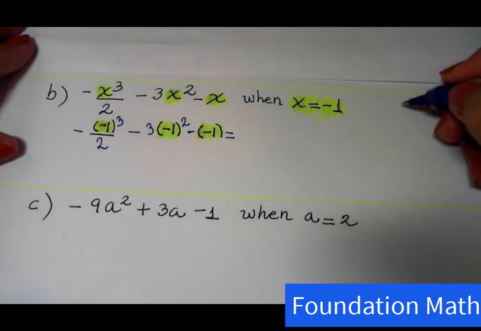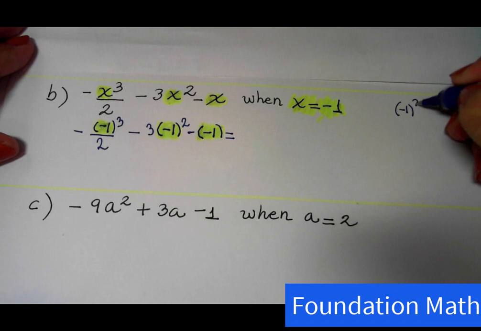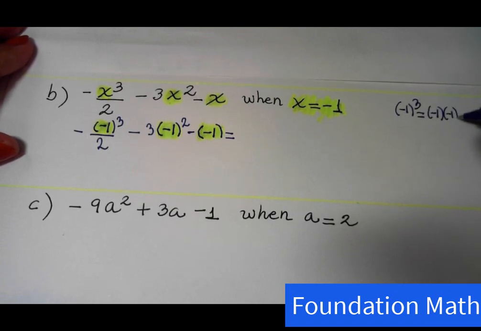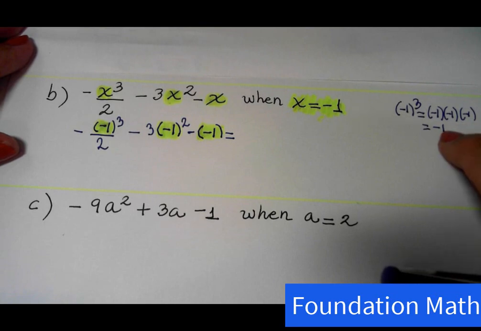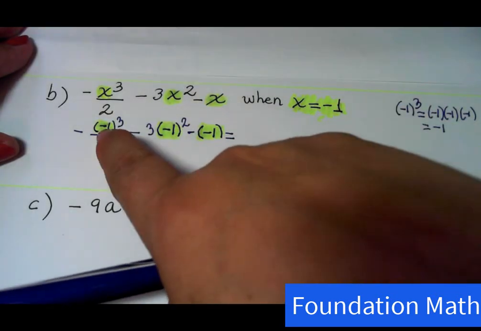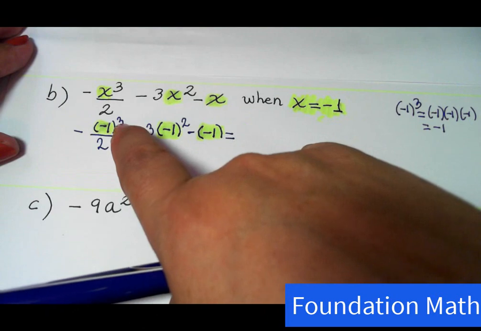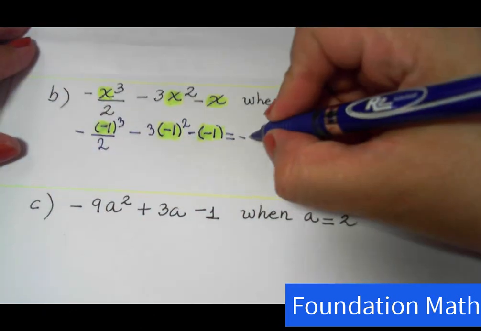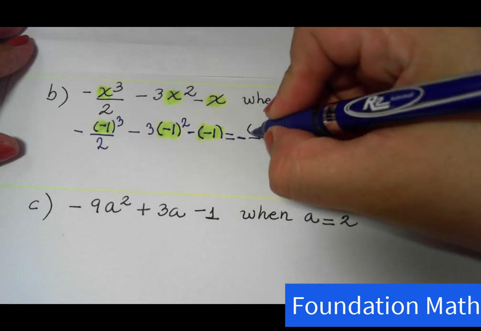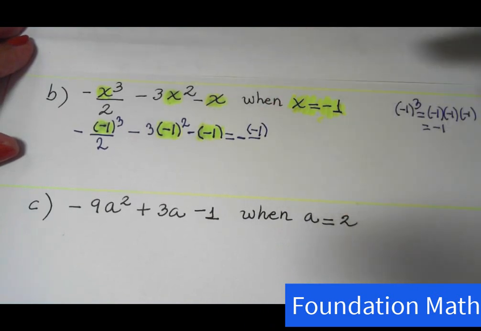Now, remember, negative 1 with exponent 3 is equal to negative 1 times negative 1 times negative 1. It's equal to negative 1. Negative, negative, negative is negative. 1 times 1 is 1. So remember, negative 1 with exponent 3 is negative 1. So you're going to copy minus from this one, minus, parentheses, negative 1. This is the answer. From here, over 2,